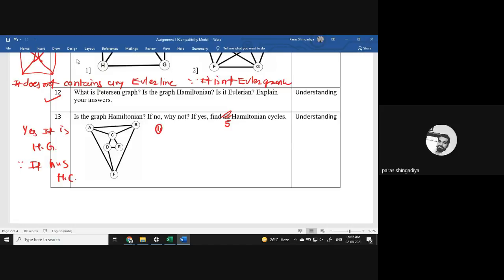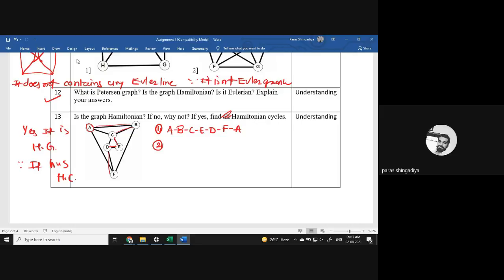You can consider A, B, C, E, D, F, A. Start with vertex A, that is the starting place in the first case. A to B, B to C, C to E, D, F, and again A. So the first Hamiltonian cycle is A, B, C, E, D, D to F, and F to A. Now you have to predict another one. Change the starting place, and you will get a different Hamiltonian cycle compared to the first one.